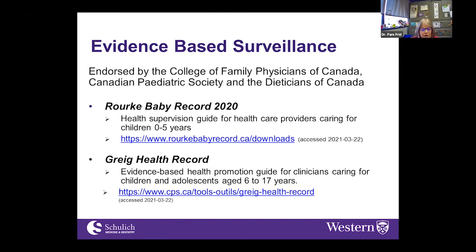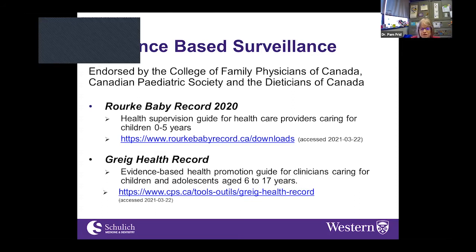The one that we're probably all familiar with is the Rourke Baby Record. This gets updated periodically and was last updated in the fall of 2020. So there is a new version. If you haven't got it, I suggest going to the website and downloading it.